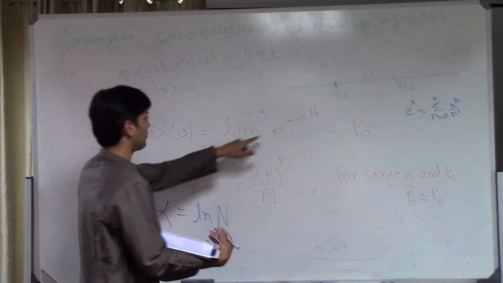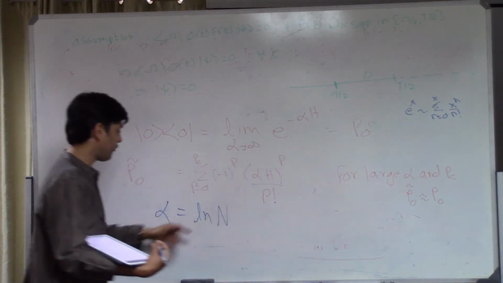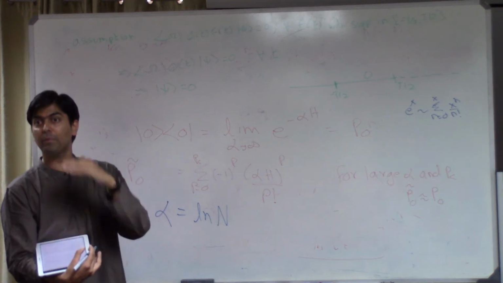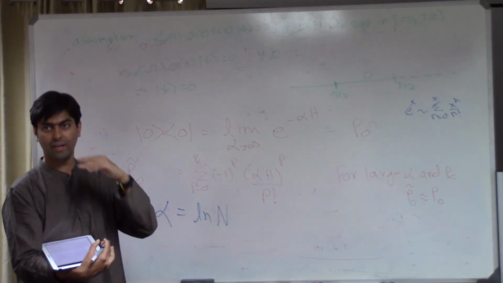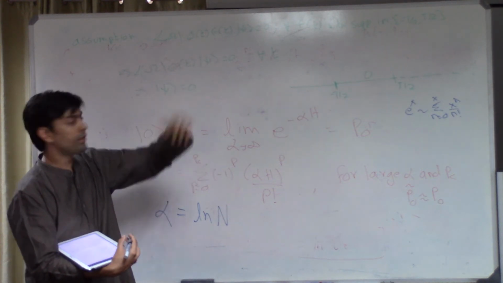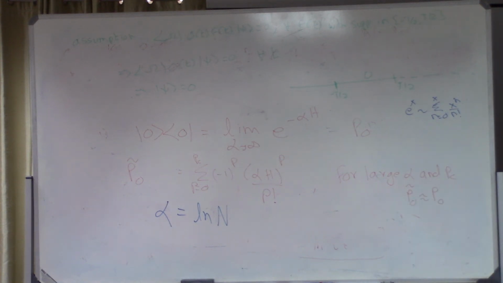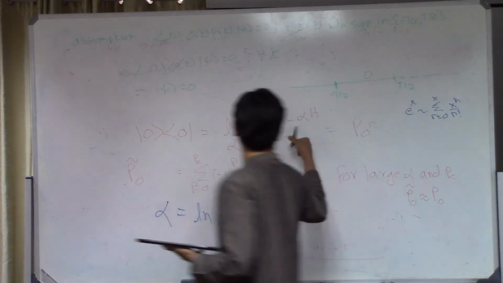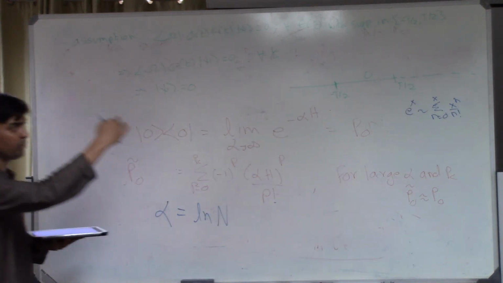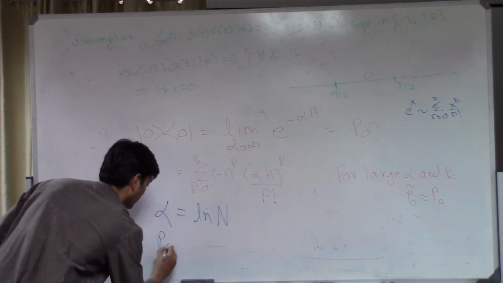What's the largest exponent that can appear here? Not only do we have an IR cutoff, the fact that alpha was equal to log n came from our IR cutoff. It was the fact that there was a gap in the theory and the lowest excitations had AdS scale energy. We also have a UV cutoff in the theory. The UV cutoff in the theory is n, it's what we put in here. Therefore, the largest exponent that can appear here is n log n. In fact, it's much smaller than n log n if you put a UV cutoff that's much below n. And therefore, we take Pc to be n log n.